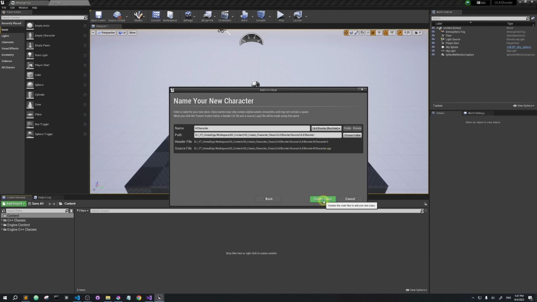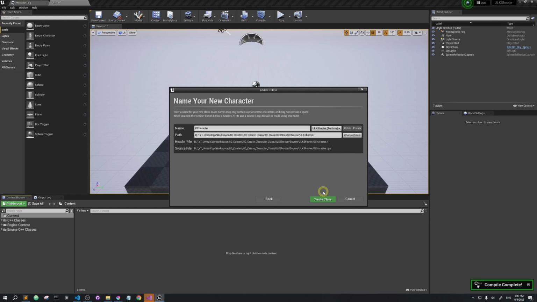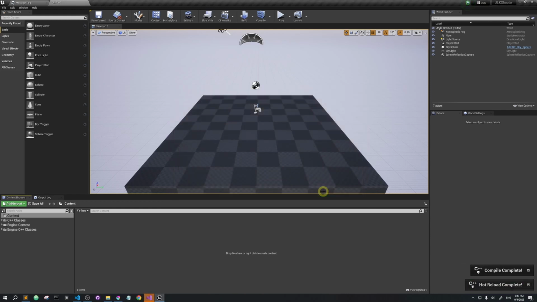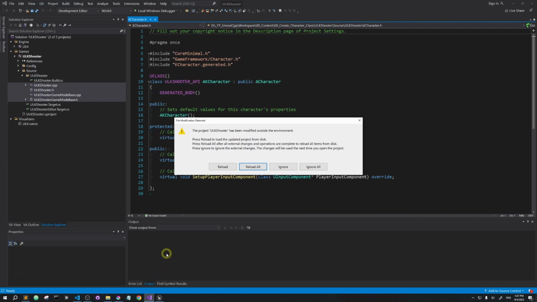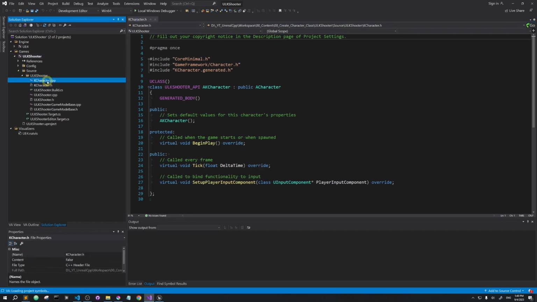So yep, let's create one. This is a class. Okay, so right now you click on Visual Studio and just click reload, because there are some new files coming in. Just let it reload. Okay, so now you see the KCharacter .h and .cpp